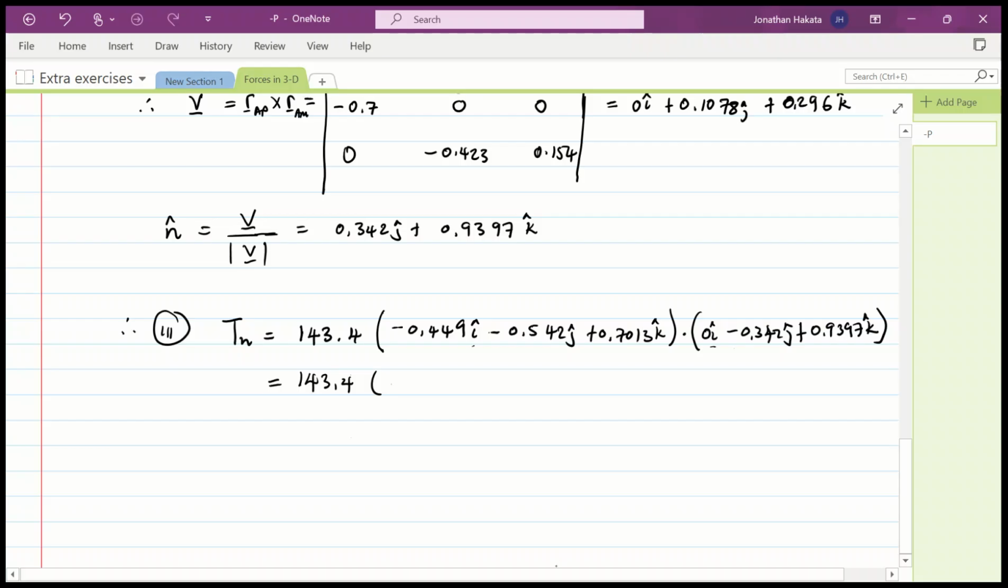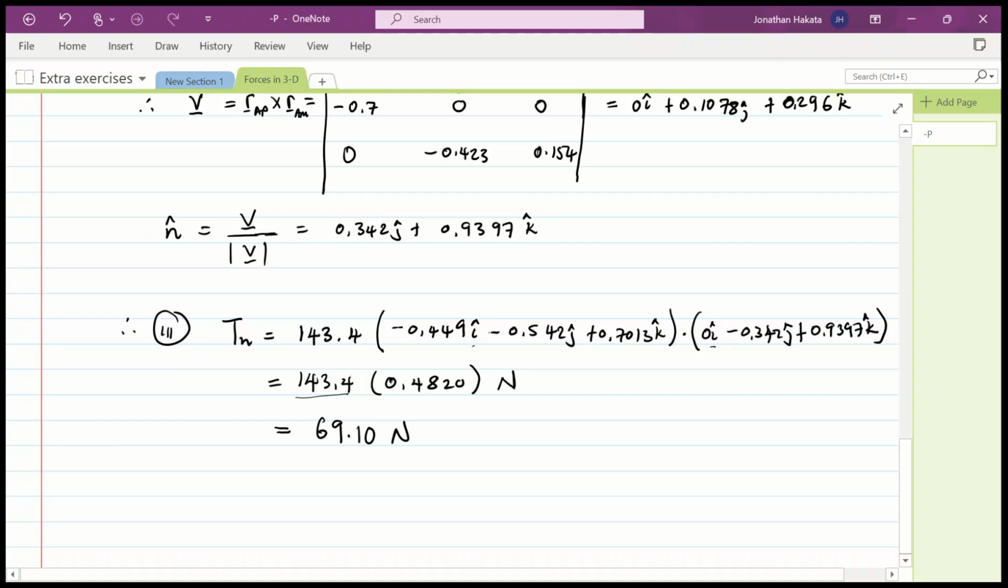So we move on to the J. Corresponding J from this first bracket will be minus 0.542 J dotted to minus 0.342 J. That will survive. And if you add it to the corresponding calculation for K, you're going to get something like 0.4820. Remember guys, these are all newtons, because this was given as newtons. So if you punch all this in your calculator, you're going to get 69.10